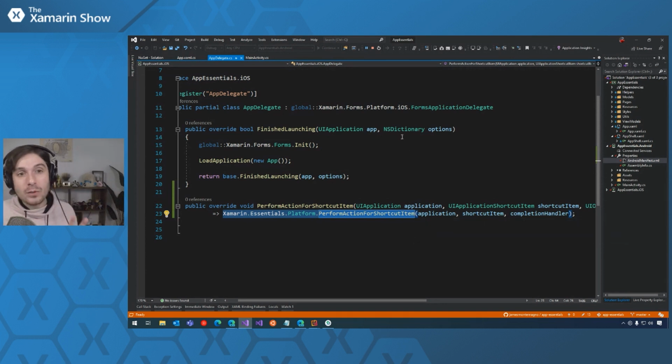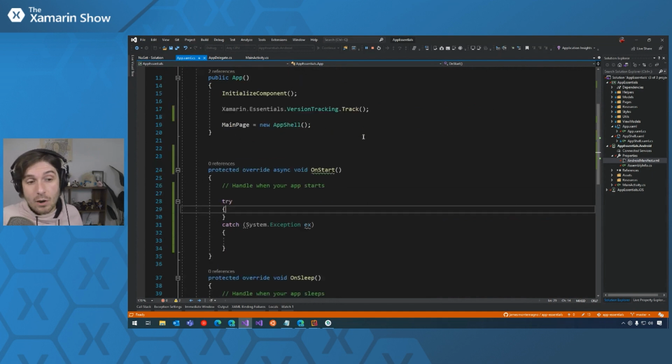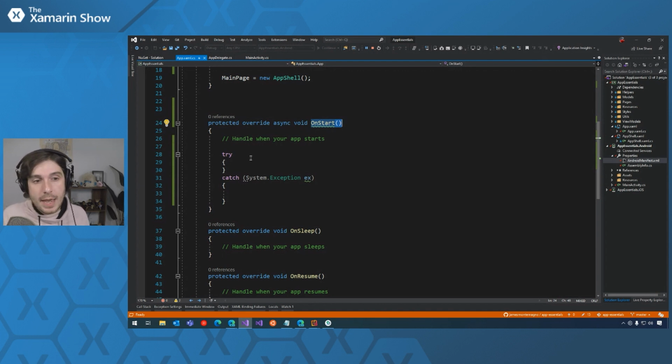All right, so now let's go ahead and implement App Actions. So here's what we're going to do. The first thing that we're going to do is set up and create our app actions. So I normally like to do this on the OnStart, but you can, of course, do these at any time in your application. And they're supported on most operating systems. Check the documentation. On iOS, I believe it's iOS 11 or 12 plus or so, but double check the docs on that.